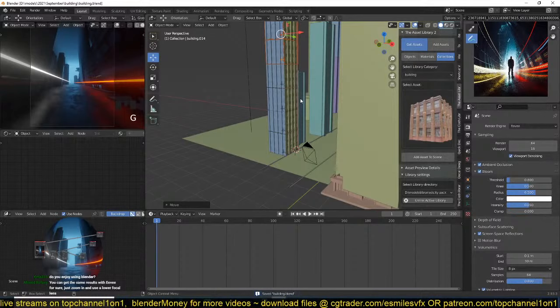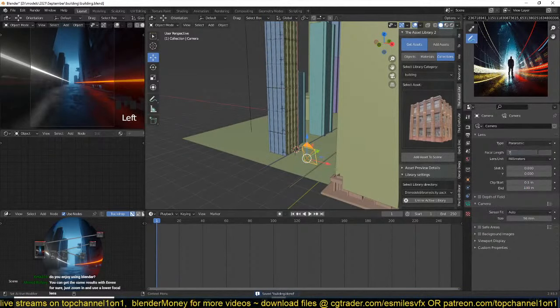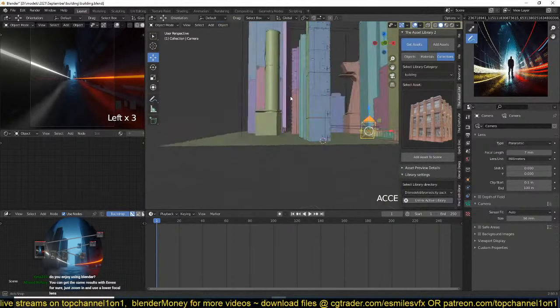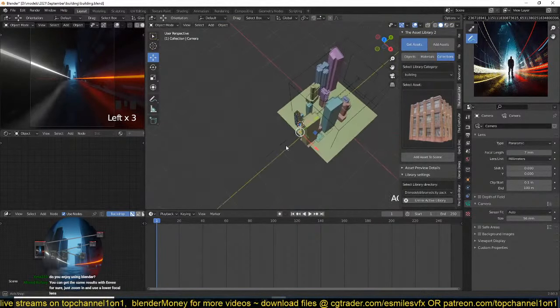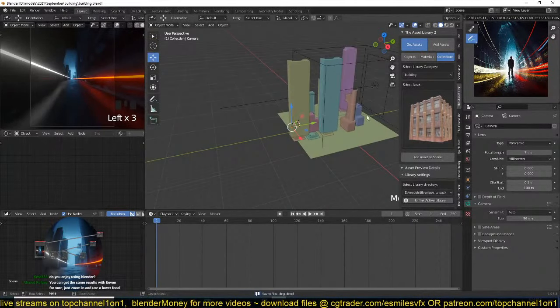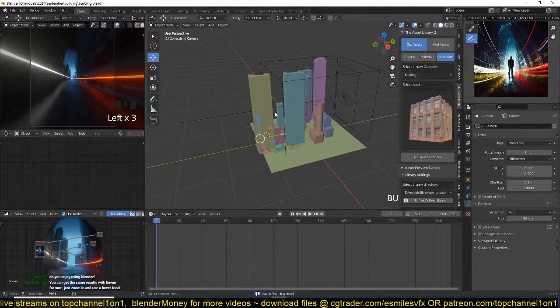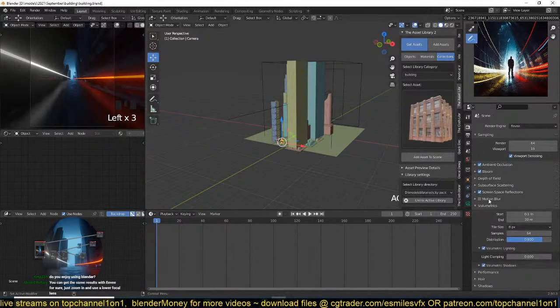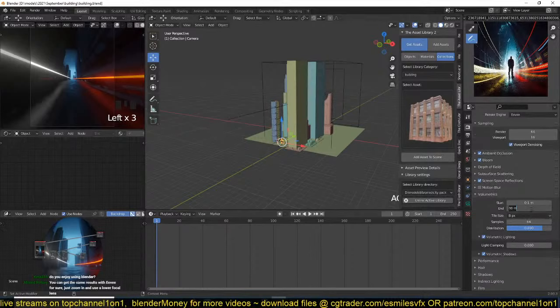You can get the same result in Eevee for sure. Just zoom in and use a lower focal length. Okay, let's try that. So if I use something like 7, and let me also make sure that I want my volume to be calculated everywhere. So let me go under volume settings, change this maybe something like